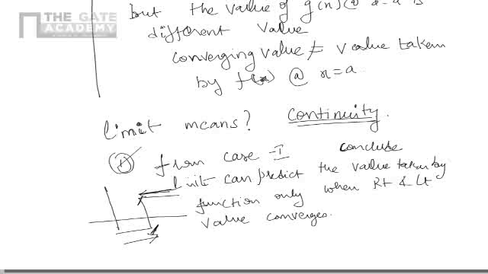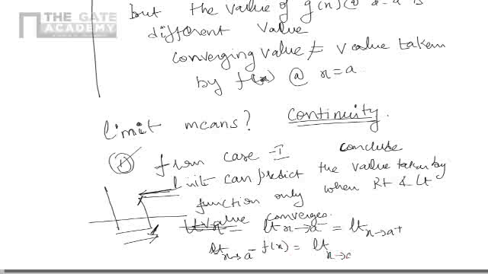So, limit x tends to a minus f of x should be equal to limit x tends to a plus f of x. If this condition is met, we call it continuity. No,